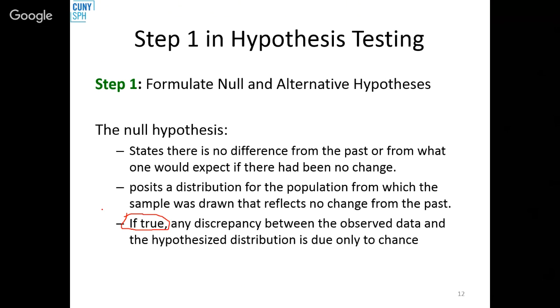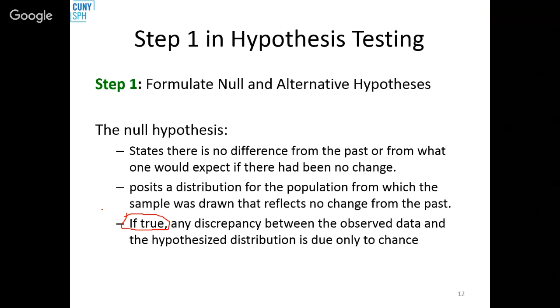So you're stepping into it with a foregone assumption that your null hypothesis is true. It's a little bit counterintuitive. You think you're going into it with an open mind. Maybe the null is true, maybe the alternative is true. But in fact, you're going into it under the assumption that the null hypothesis is true, because you have to make that assumption